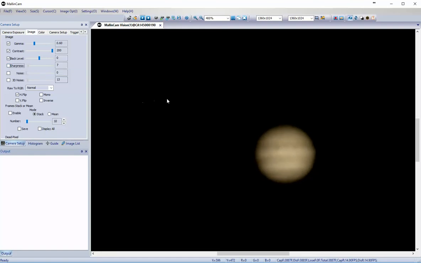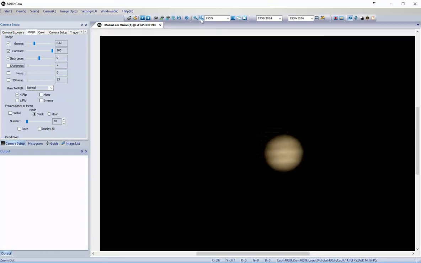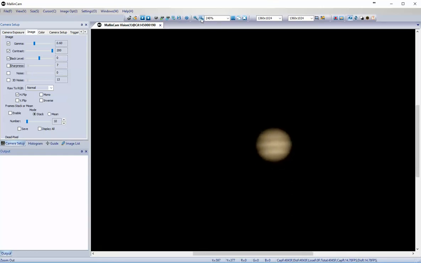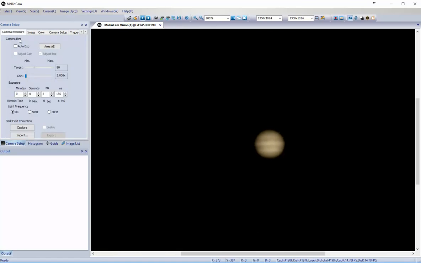The sharpness is off. I mean, you can scroll out in 5% increments just by clicking on the magnifying glasses. I'm right now at 200. You have gain here. Right now my exposure is 6 milliseconds. So it's easy to change exposure just by... now. Does this one have